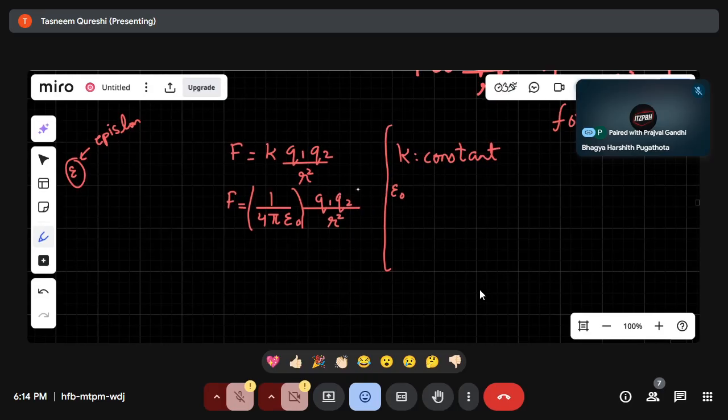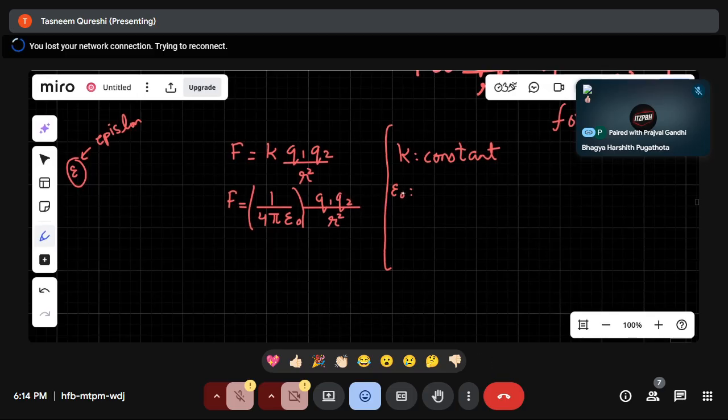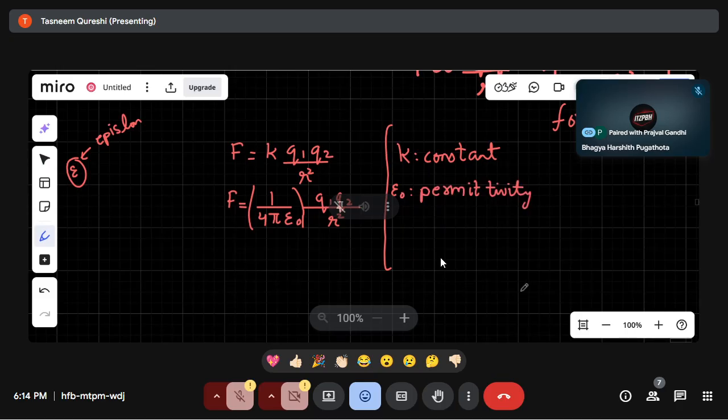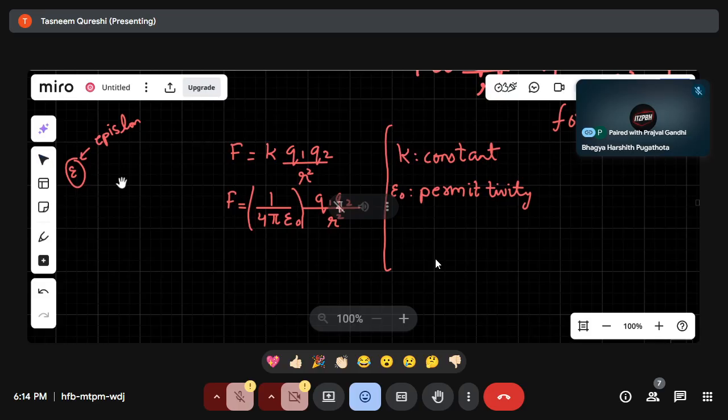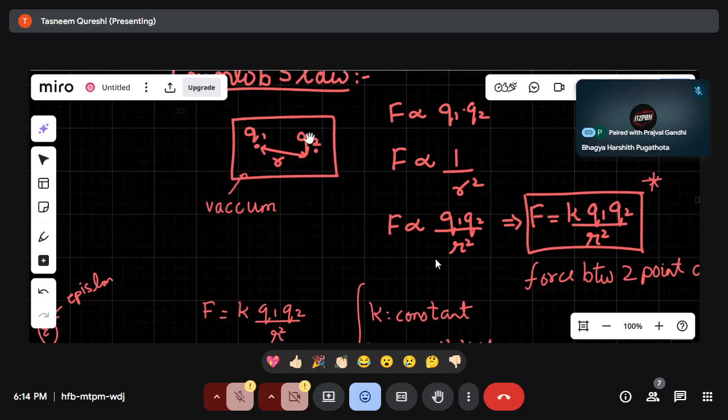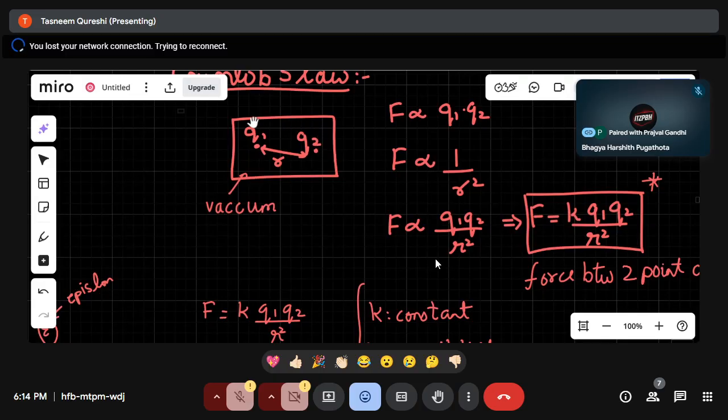Okay, and this is, since you have put it a zero, free space means the region in which your charges are kept, you do not have any gas or any other molecule in their vicinity. Meaning in this box,